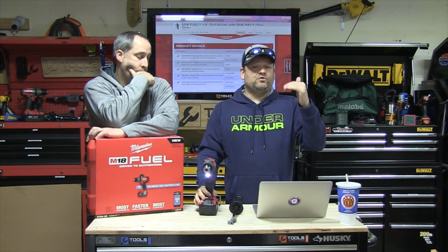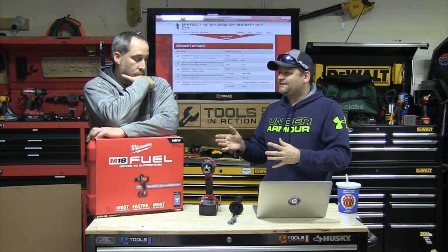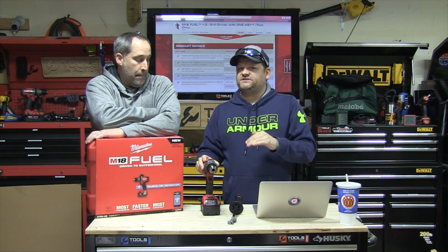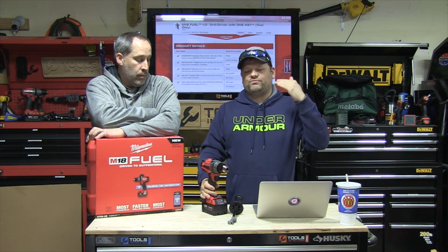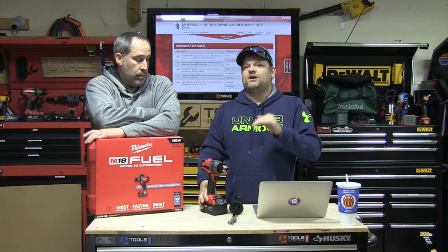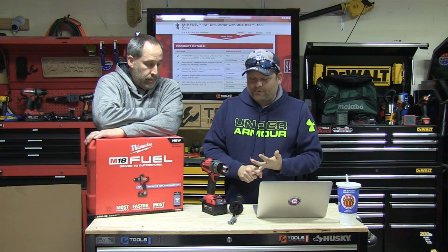Now, if you are a big electrical outfit or a big framing outfit, you're doing a lot of framing, metal framing, stuff like that, and you've got a lot of laborers out there using these tools and you're having problems with them stripping screws, you might want to jump up to the One Key, only because you can go in there and preset your settings. Manufacturing, you're definitely going to want to go with this because you can preset your settings. Torque settings, ramp up settings,